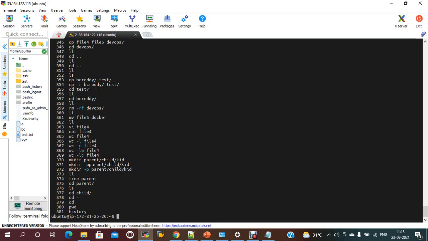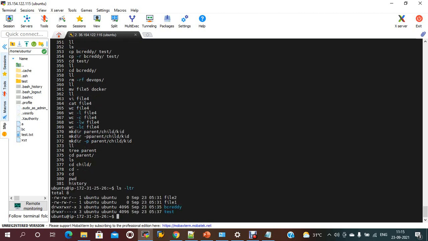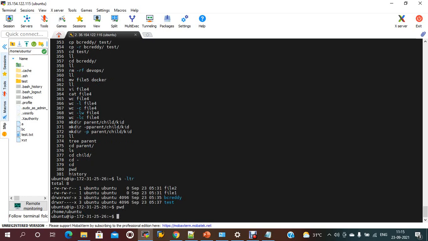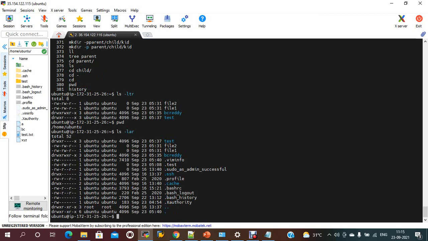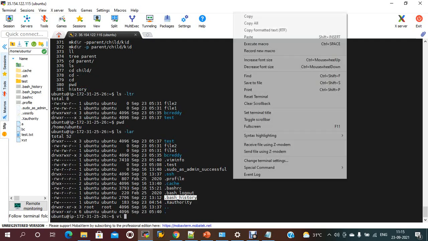Now if you want to see the information about this, ls -lrt, there is a .bash_history file under /home/ubuntu. ls -la, there is the bash history. If you want to delete any information here, you just need to open this file.